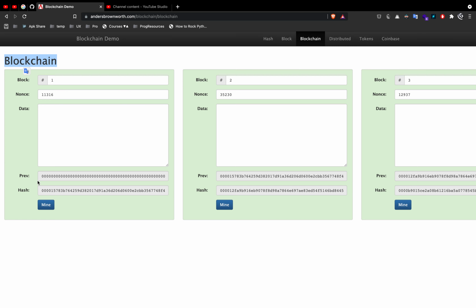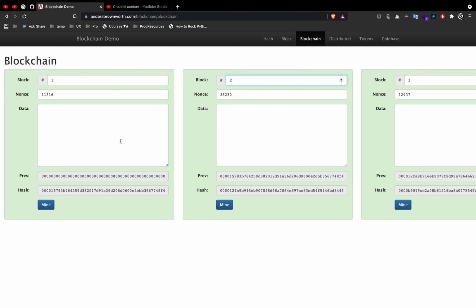This is the genesis block, the first block, so the previous here is all zeros, meaning it doesn't have a previous value. Here in the second block we have the previous value, which will be the hash